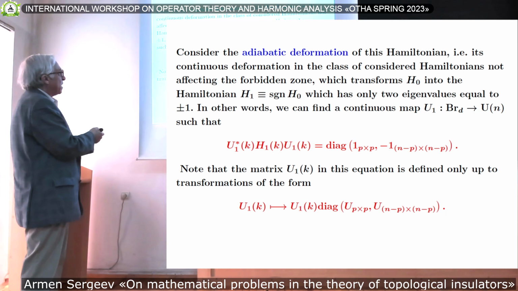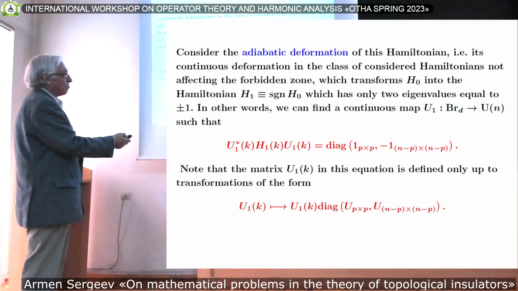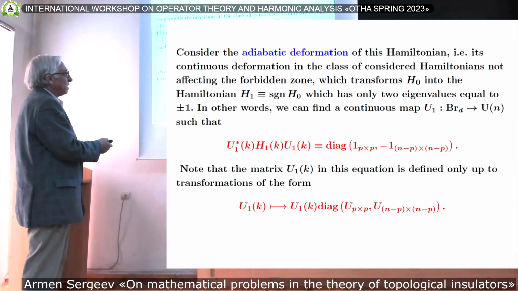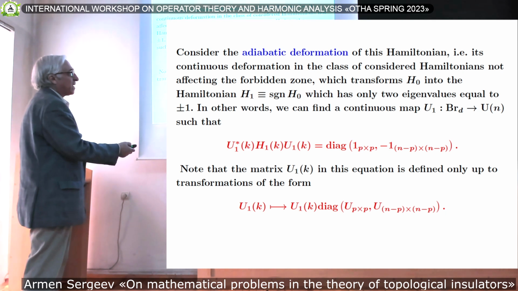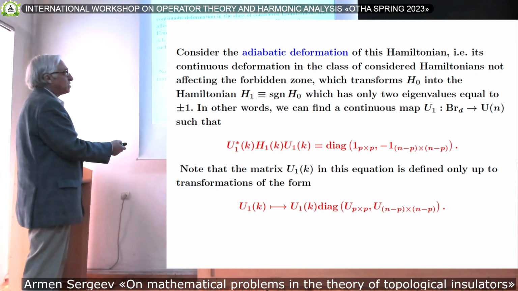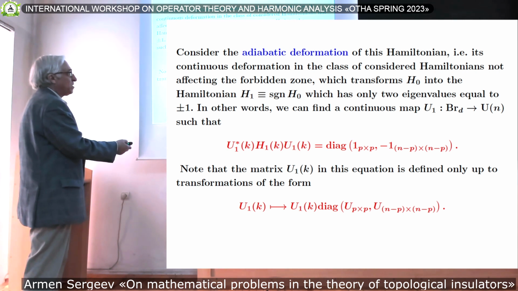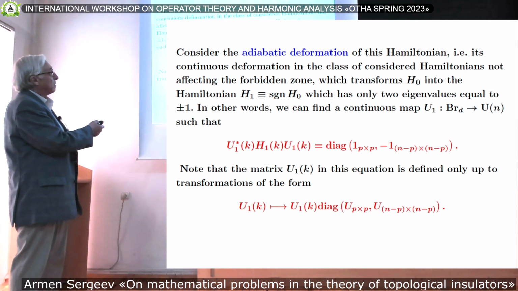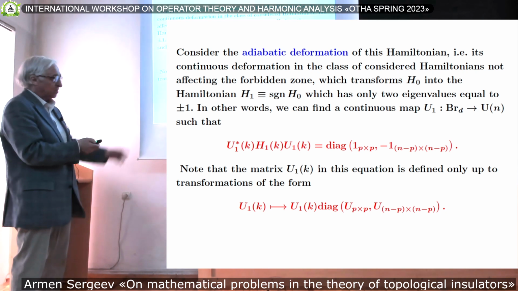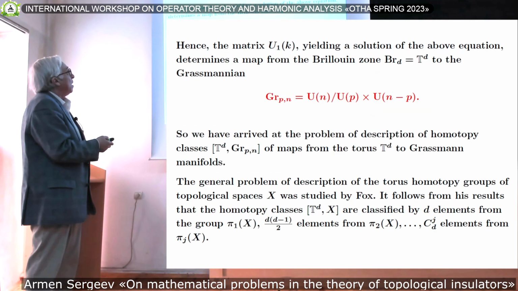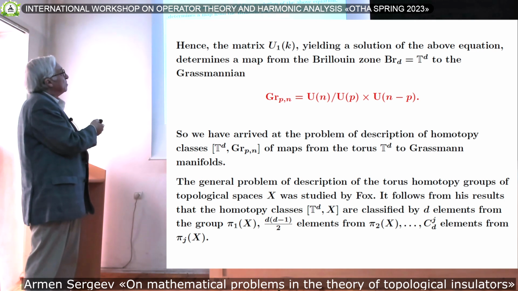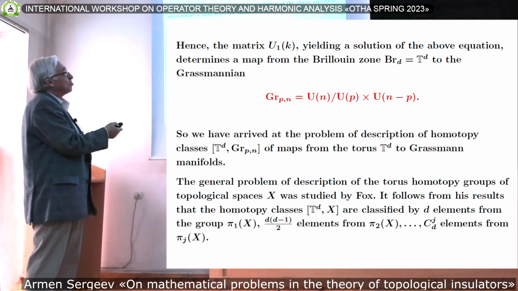Note that the matrix U1(k) in this equation is defined only up to the following transformation. We can multiply U1(k) by a block diagonal matrix, where one block is a unitary matrix and the other is also a unitary matrix. Then it's clear that this will not change anything. So we should somehow get rid of this ambiguity. Hence, the matrix U1(k) yielding a solution of the above equation determines the map from the Brillouin zone,